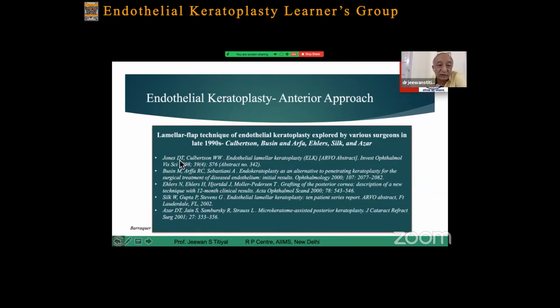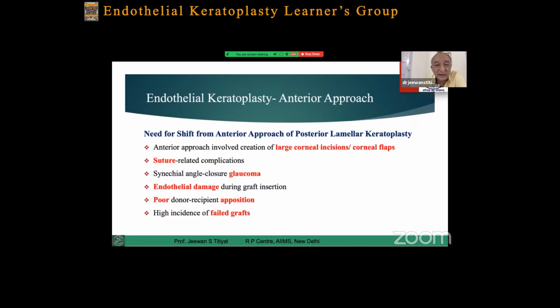If you look at John Dart and Galveston, they described this as endothelial lamellar keratoplasty, and subsequently Busin described this as endokeratoplasty. They all worked through the anterior approach, and Dimitri Azar also worked on keratome flap-assisted posterior keratoplasty, as referred to in a JCRS publication. These are various people who worked to improve endothelial disease while trying to maintain the anterior cap. But there was a definite need to shift from anterior to posterior lamellar keratoplasty